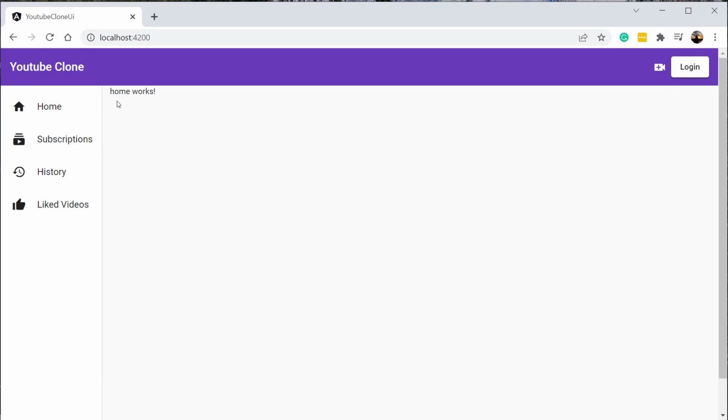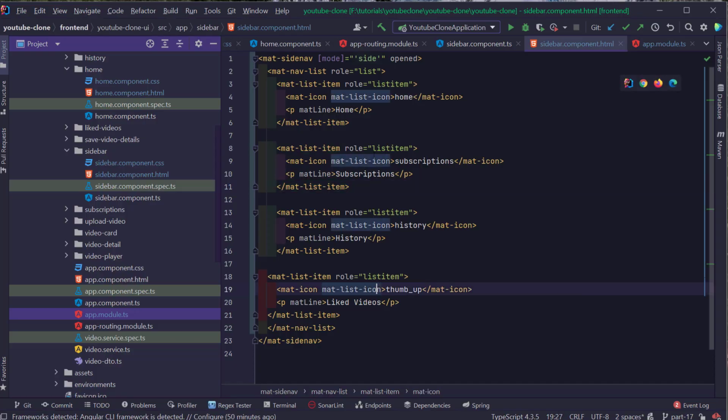By default we are displaying the home component content to the right side of the sidebar. Whenever we click on the subscription icon, we have to display the subscriptions text here. Similarly, if I click on history, I have to show the content of the history component, and also for the liked videos component. So first we have to add the router link for whatever icons we see inside the sidebar. So I'm going to open IntelliJ,